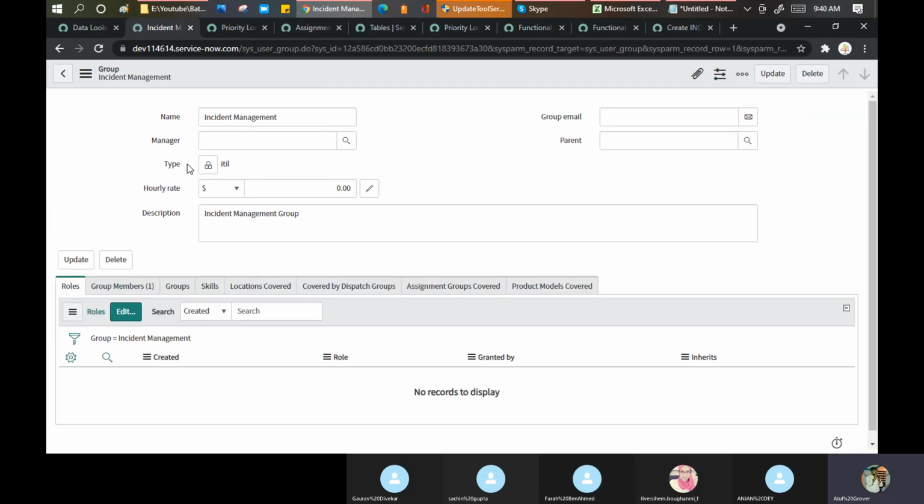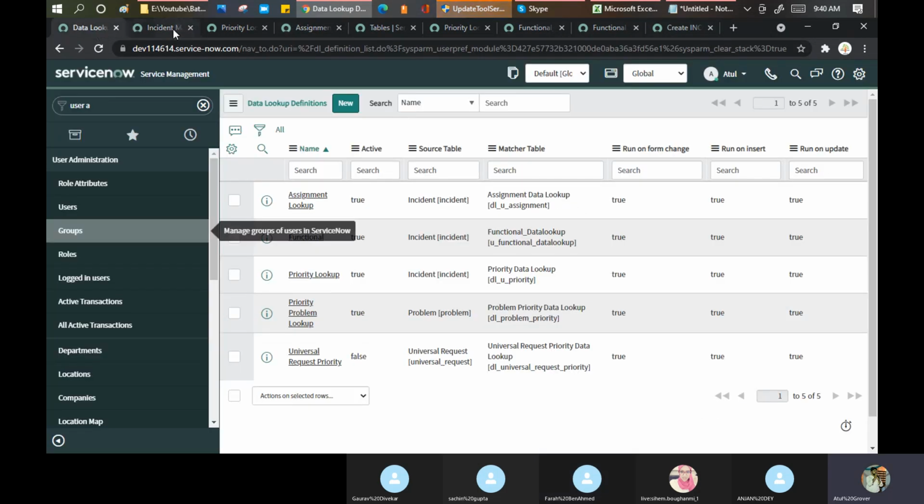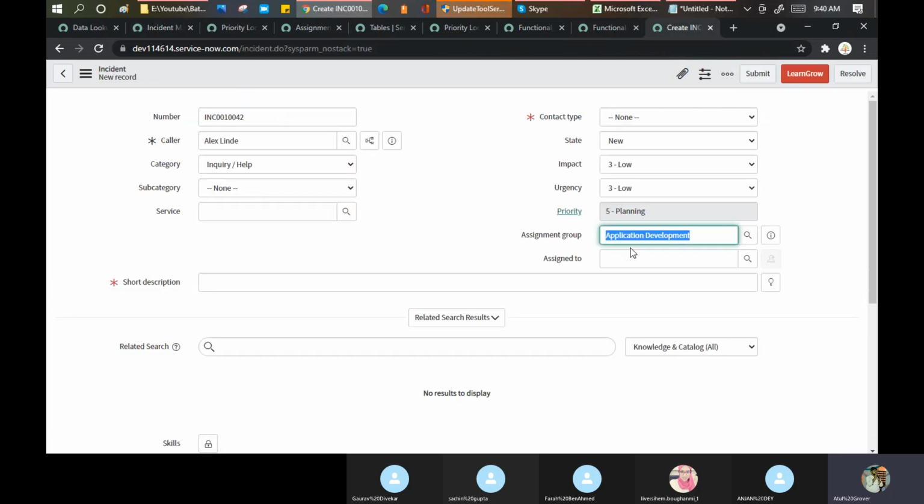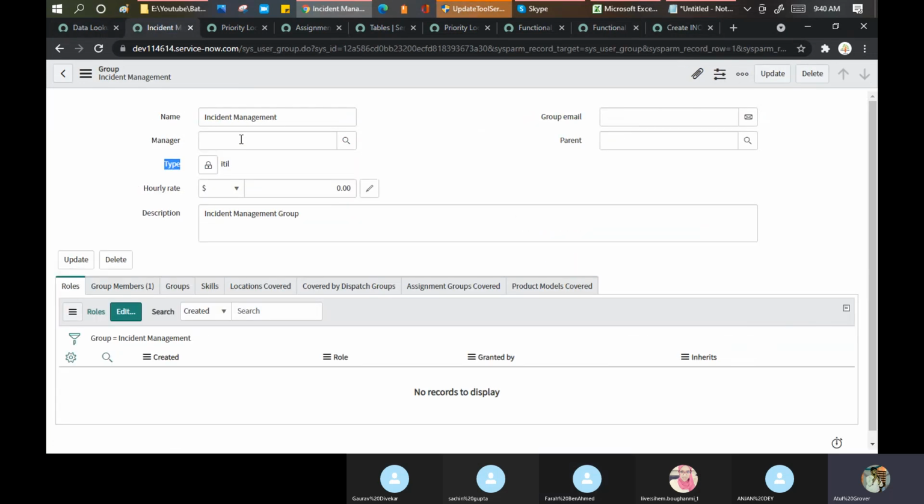So this type actually has a lot of things in the picture. This type decides whether your group will be visible in these places, maybe on the incident table or not. Where is the incident? This one. Okay, this has a very big impact actually. That is the prime reason.